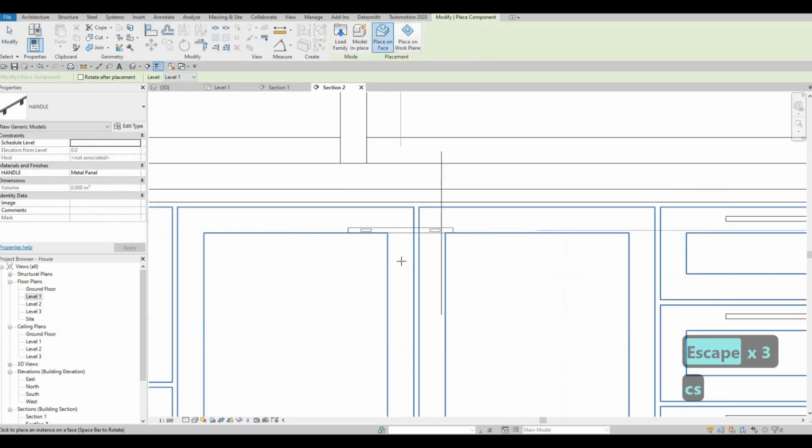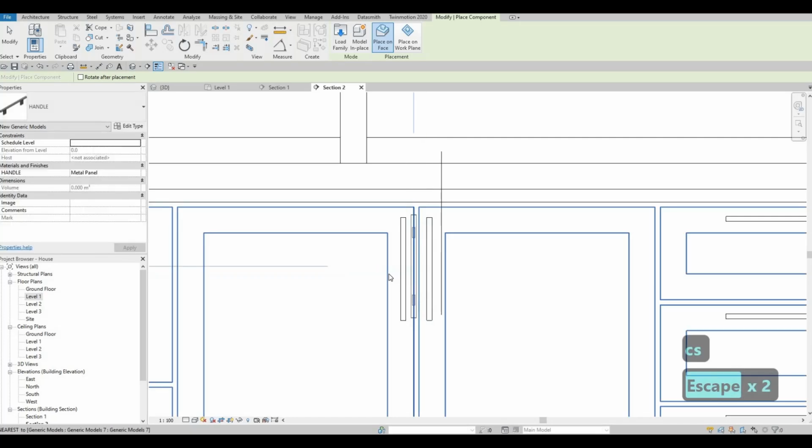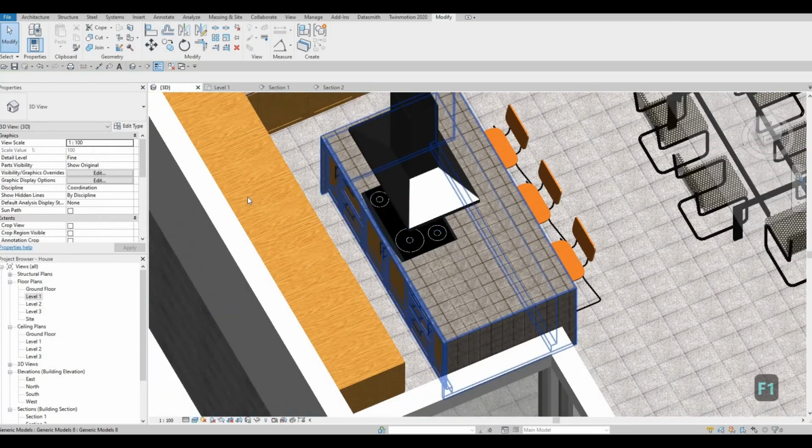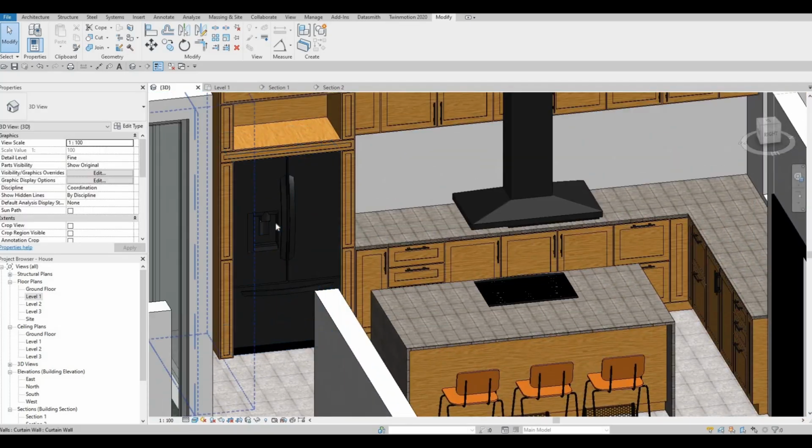And then CS and add on this side. So now let's go back to 3D. We got all the handles already,